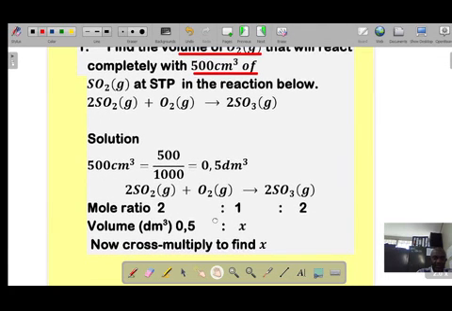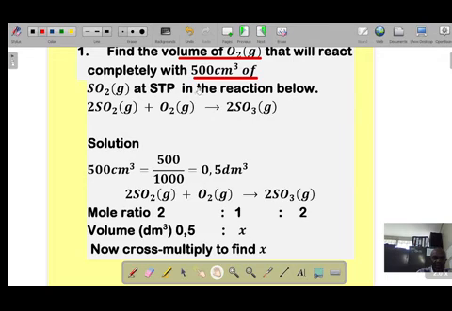Now I have the volume, which is 500 cubic centimeters. Look at my mole ratios. That is 2, this 2 which you see here, plus 1. This is the one here. To give us 2, there's another 2 here. So the mole ratio is 2 to 1 to 2. So in other words, if I want to calculate the volume of oxygen that reacts with this sulfur dioxide,